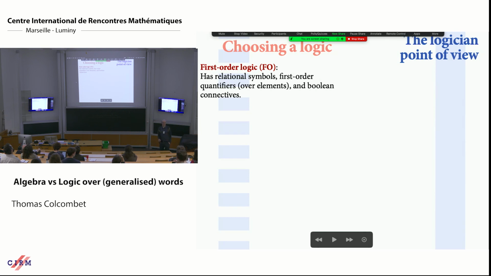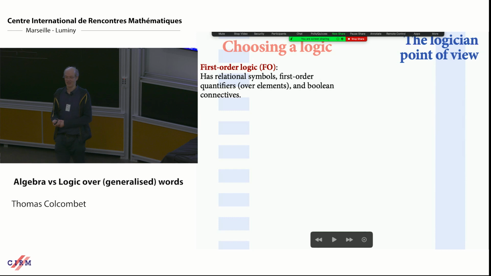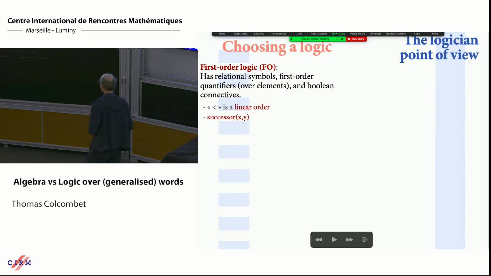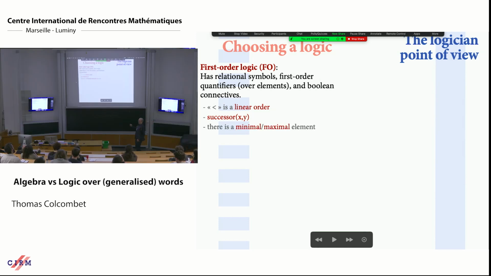So now if you ask a logician how you could classify your inputs, then the answer is, of course, give me a logic. And the first answer is, of course, give me first order logic. First order logic, you know it. Just to warm up on this subject, first, the fact of being a linear order, a total order, is something that you can express by a first order formula. In first order logic, you can define the notion of a successor. So y is a successor of x if y is after x, and there is no point in between. You can, of course, say my chain has a first and a last element.